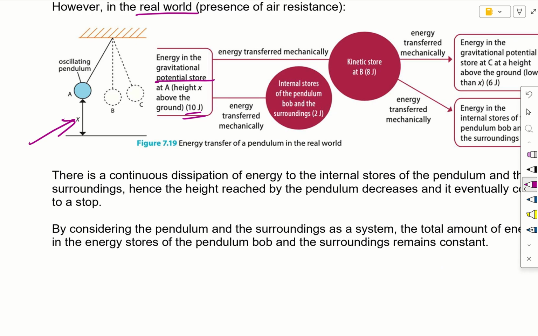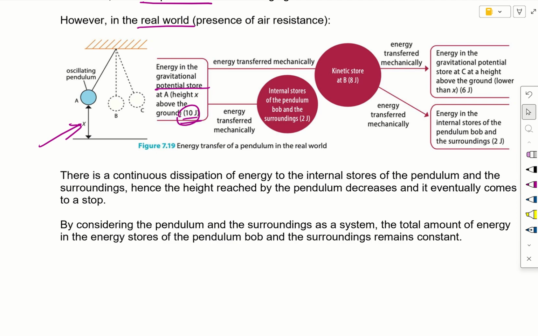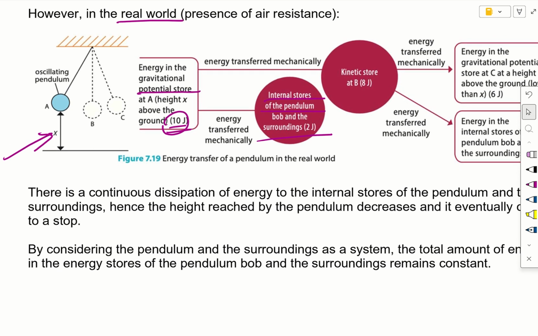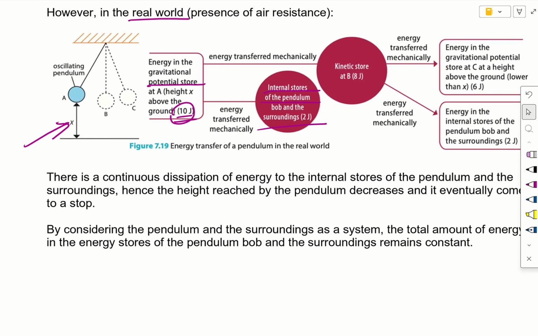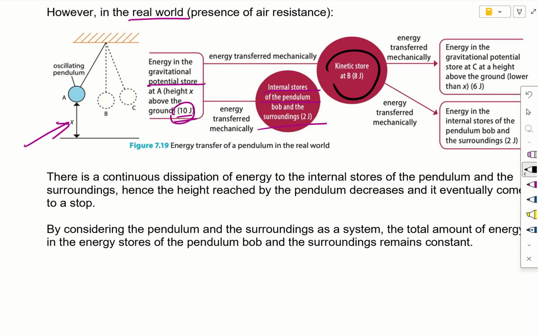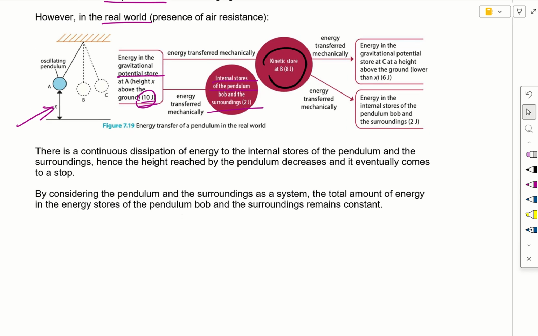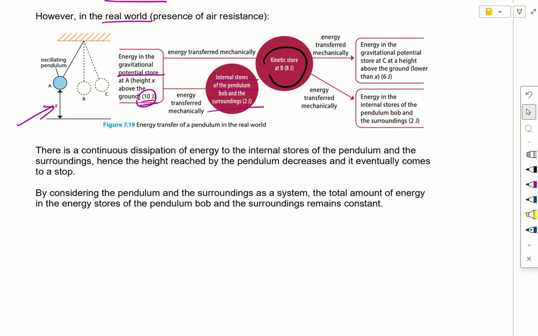let's say we have 10 joules, just to give it some numbers, there will be energy transferred mechanically to the internal store of the pendulum bob and the surrounding. So basically these are the energy in the internal store, and what is left is only 8 joules of energy in the kinetic store being transferred to the kinetic store of the pendulum. And then this is from A to B,